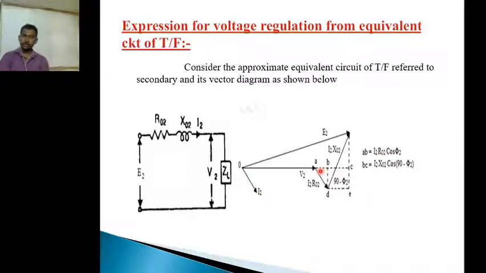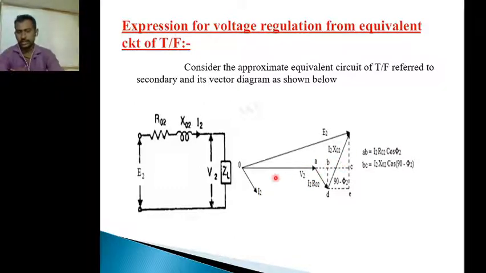And definitely based upon the load. That means if the load is a unity power factor load, that means resistive load, then V2 is in phase with I2. And if the load is a lagging load, then I2 is lagging V2 by some angle, that angle is considered as phi 2. And if the load is a leading load, then I2 leads V2 by some angle, some phi 2, we assume. So here we consider the lagging condition.